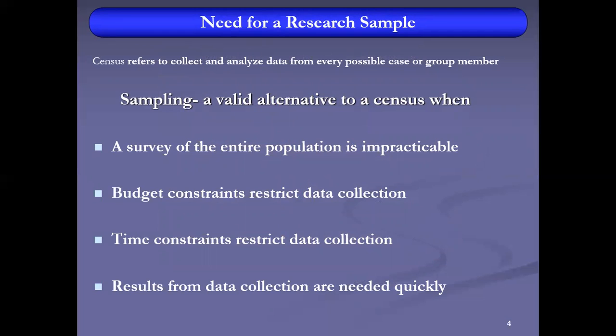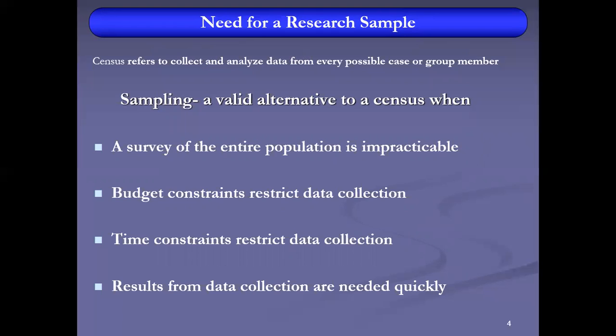Need for a research sample. Why do we need to select a sample? We may want to reach every respondent, every element, every case of the population. But when the population is huge and the number of participants is huge, we need to select a sample.